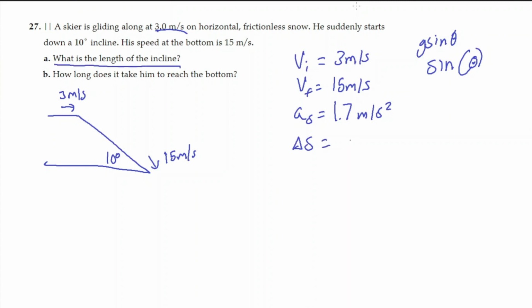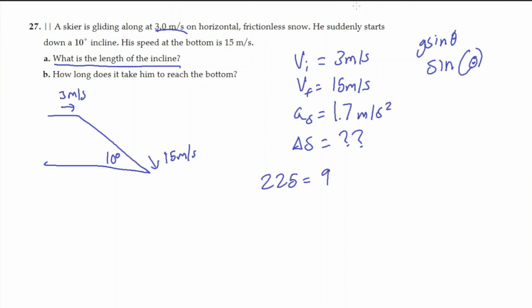So we have acceleration, and for A, we're figuring out what is the length of the incline. Delta S, we don't know that. That's going to be unknown. So again, let's use the v final squared function. So we're going to have 15 squared, which is going to be 225 on the right side,